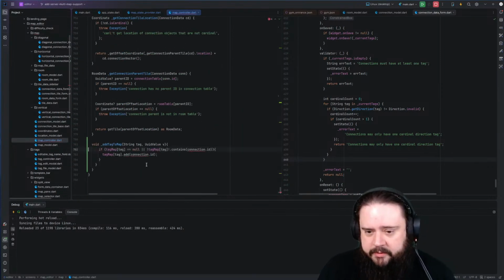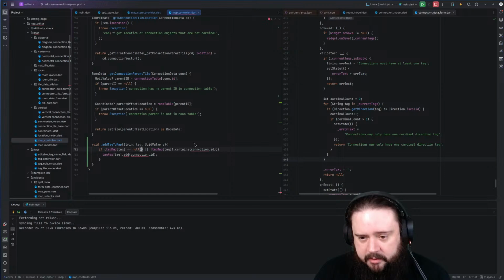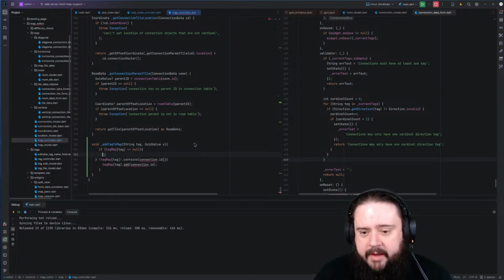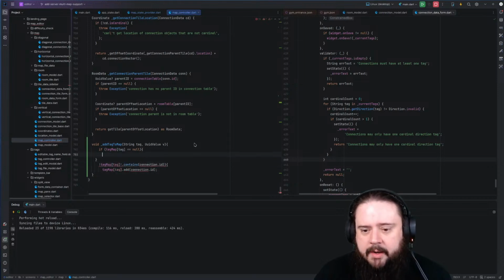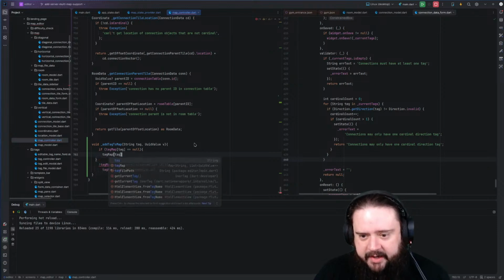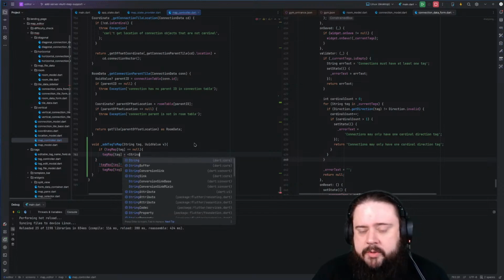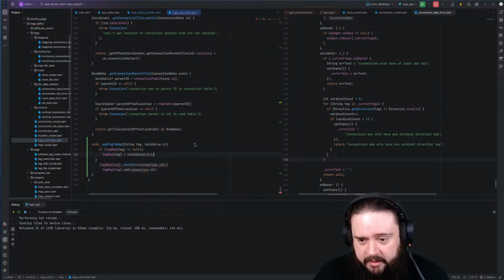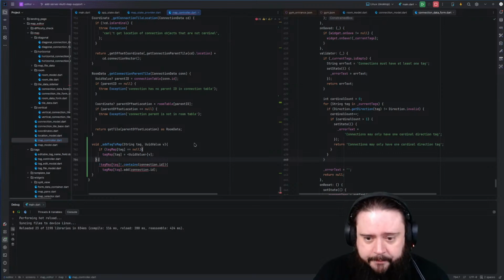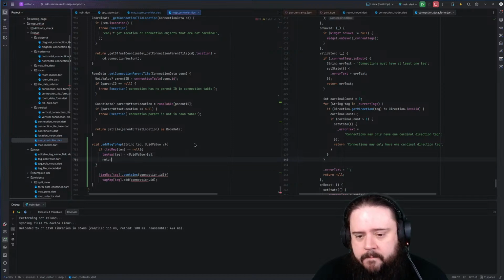So here we don't need to go through that loop. I just need to say if tag map at tag is null, then what I can do, let's get that down there, is say tag map at tag is equal to string UID value v. So we create a new one. Return. Otherwise,